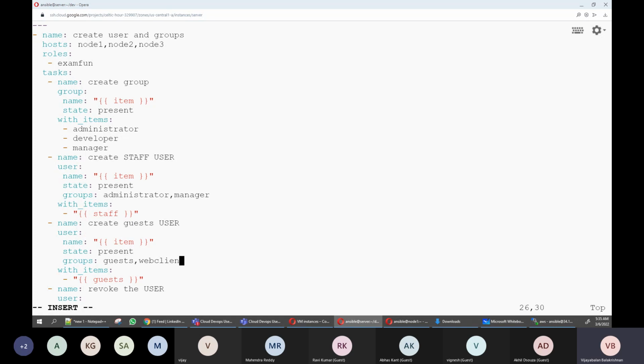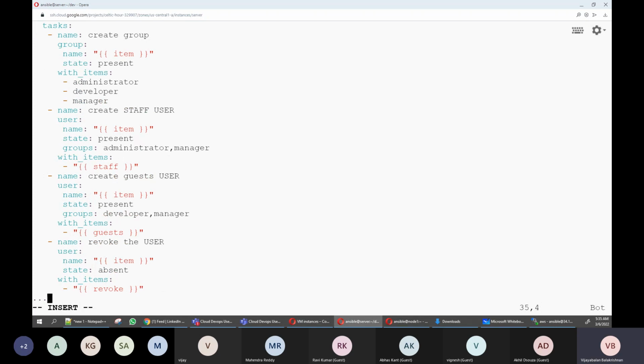Here they are a developer, comma, manager group. What is the third one? What is the third one? You are removing it because they resigned or they moved, right? So in that case, you no need to mention any group name, correct? So